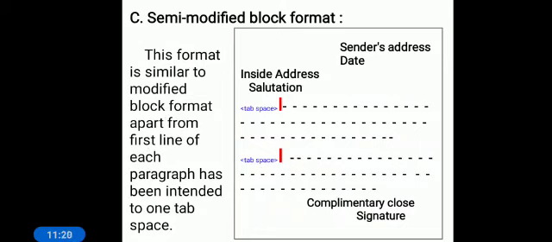So this format is similar to modified block format, apart from the first line of each paragraph being indented by one tab space. So semi modified block format is very similar to modified block format. Here also sender's address, date, complimentary close and signature are moved towards the right hand side of the letter, right? But here